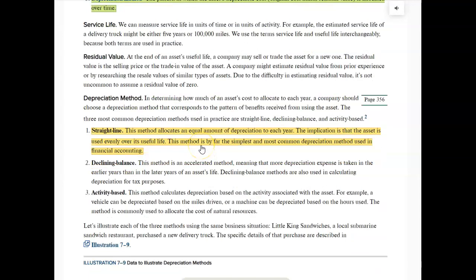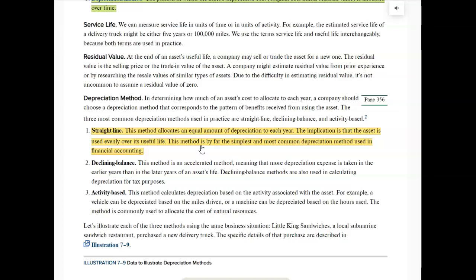Now, for test purposes, we are only going to concentrate on straight line depreciation. For straight line depreciation, we're going to allocate the cost of the asset equally over its useful life. So we'll have equal amounts each year. And that just implies we're using it evenly over its useful life. That may or may not exactly be the case, but it's the simplest and most common depreciation method used in